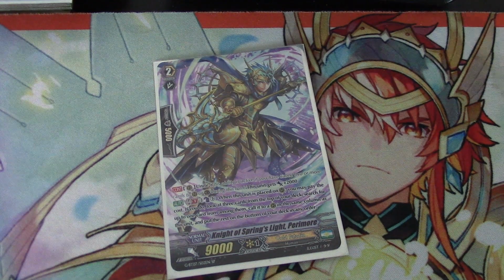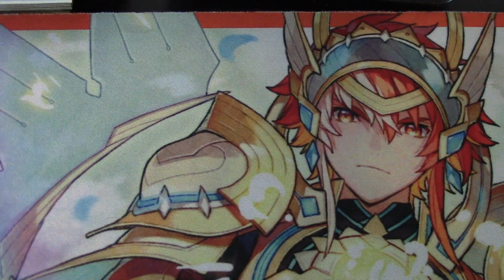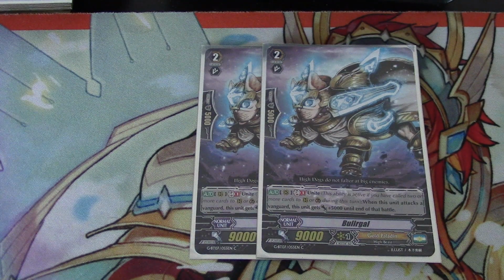So that's pretty nice, and that's why I run him at a 1 of. Though I may bump him up to a 2 of, depending if the deck really needs it and its Soul Blast is just too much. But next up, I run 2 Bullergalls. I tech this down to 2 because I needed the Parrymore, and also I needed room for another card I